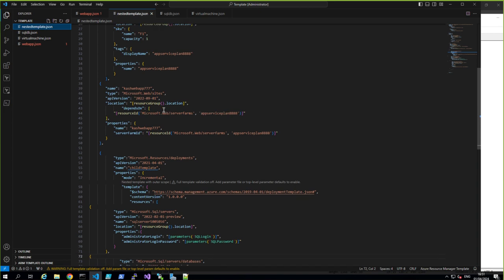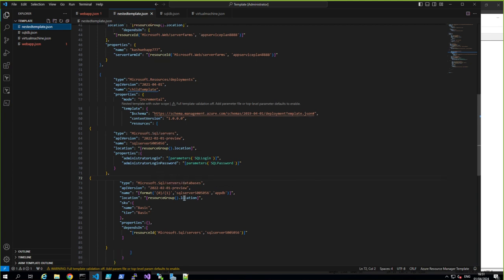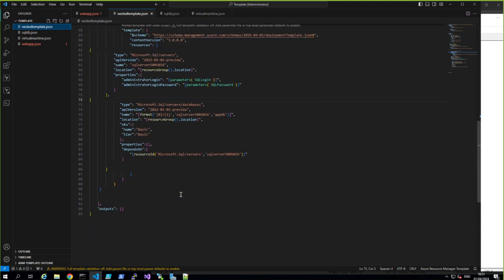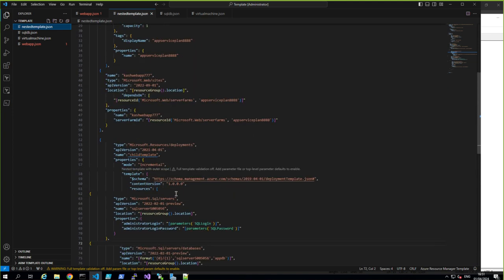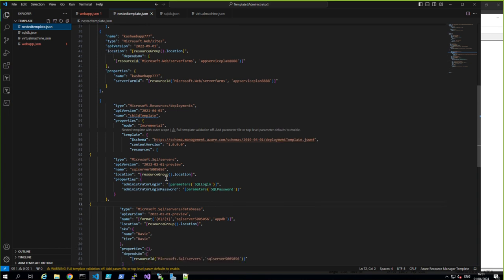So what resources are we nesting? We're installing the SQL Server and SQL database. Everything is the same, nothing changed. So that's our script. The only thing we change is the server name. So what do we do? Where's the server name? Just copy that